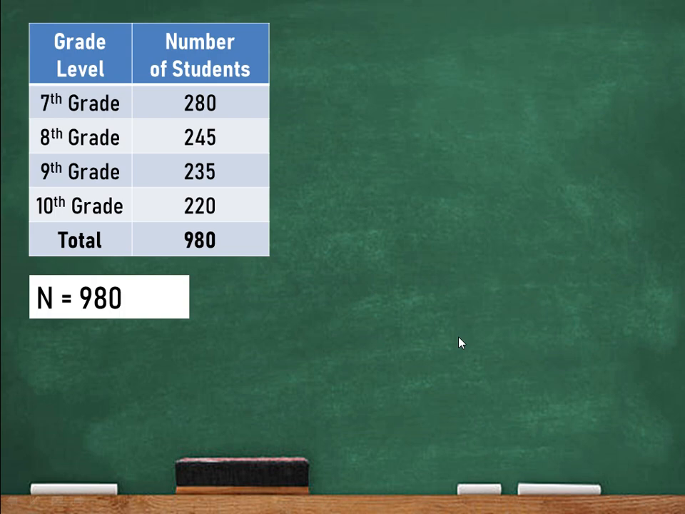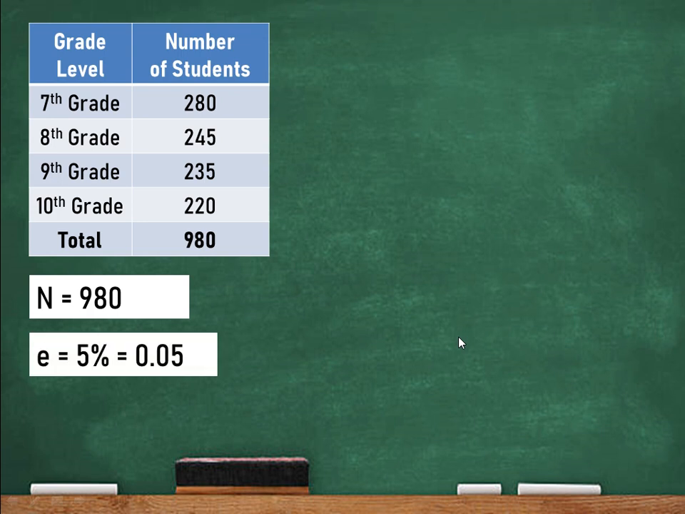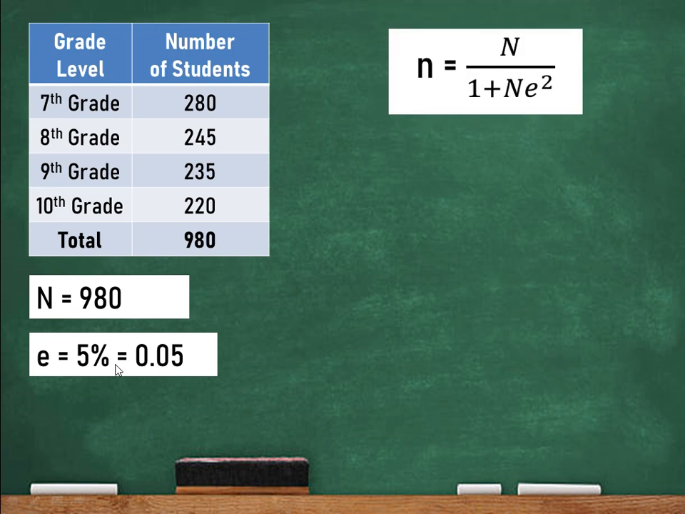We know that there are 980 students in that school. To use the formula, we also need to get the confidence level and the margin of error. To get the margin of error, we subtract 95 from 100%. So 100% minus 95% gives 5%, and that will be our margin of error, or 0.05. Since we already have the population and the margin of error, we can now use Slovin's formula and